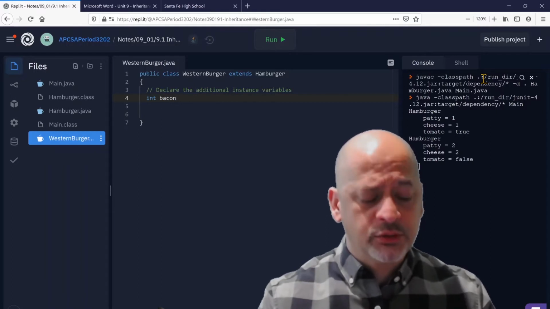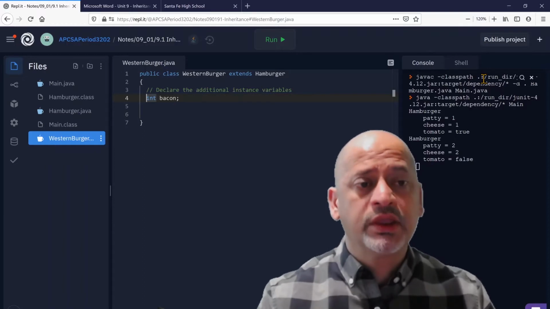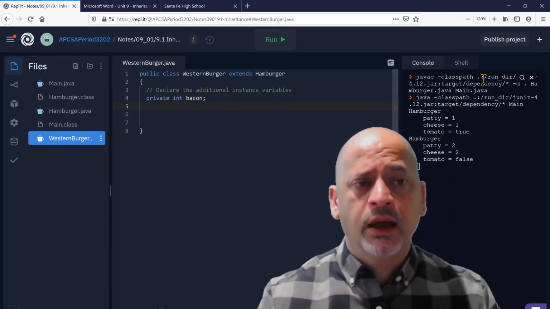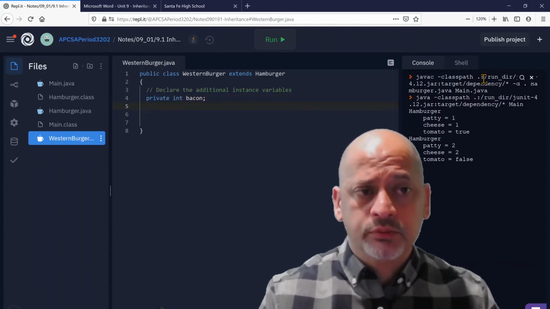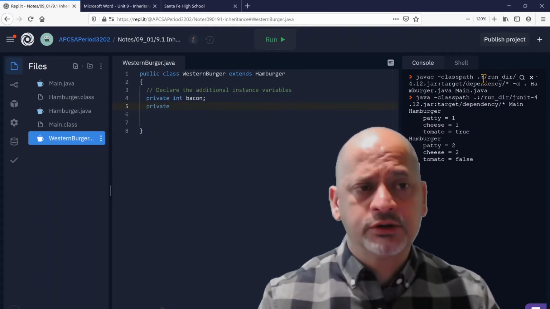How many slices of bacon they would like. Remember that your instance variables always have to be private. If you don't place private on your AP exam, they're going to deduct 1 point. In private int, or they just can say onion rings true or false. So let's say boolean